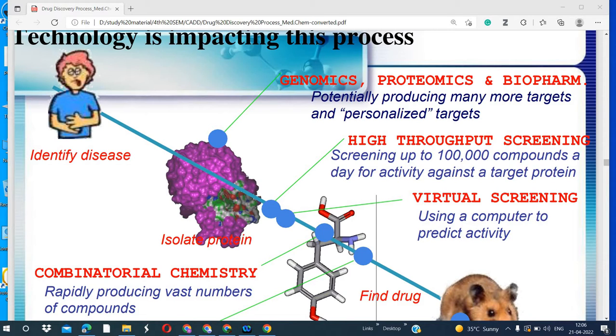Another branch of bioinformatics is called proteomics, in which we study the set of proteins that are involved with a pathway or tissue or any process. That is called the proteome, the set of proteins. These may be related to the gene and disease process. So we need to identify these proteins in the pathway and the specific function of the protein; only then can you target that protein. So for target identification it is important to identify which protein is involved in the disease process.